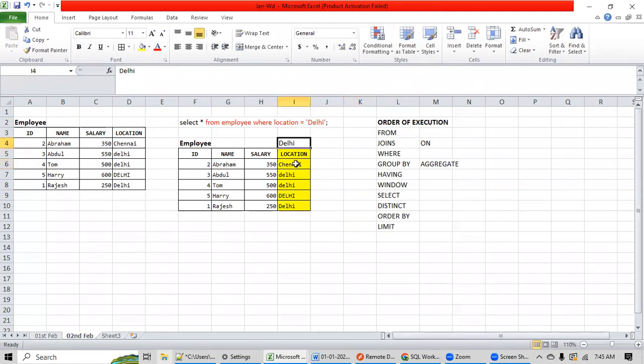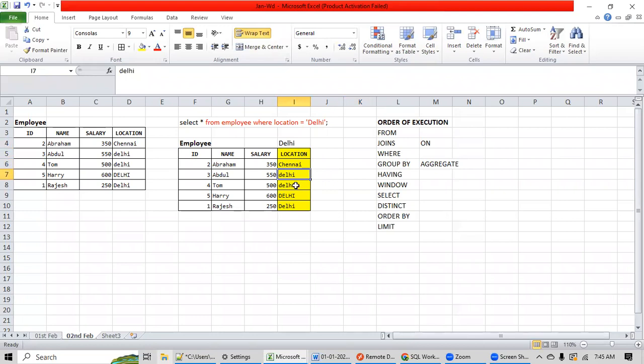Is this the same as Delhi? No, this is Chennai, this is Delhi. Do you think this Delhi and this Delhi are the same? No, they both are not the same, because here D is in uppercase and this is in lowercase.